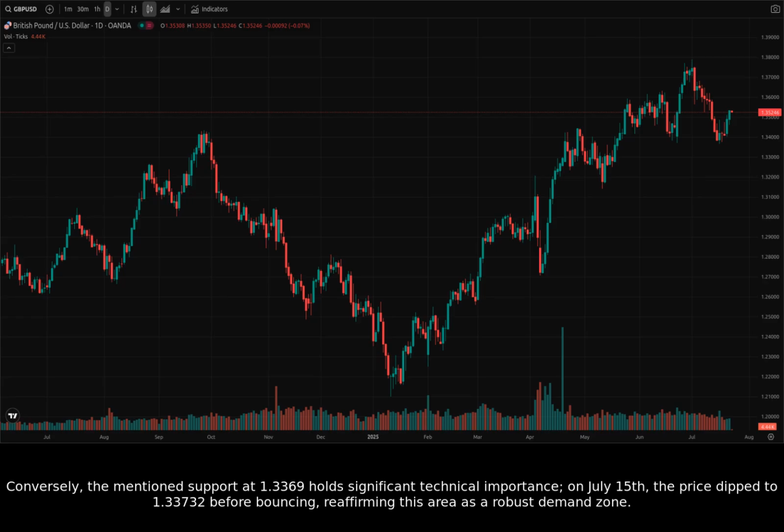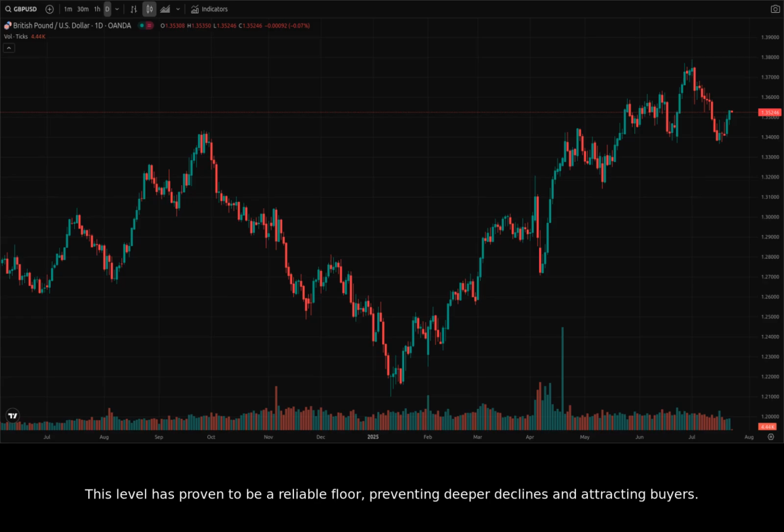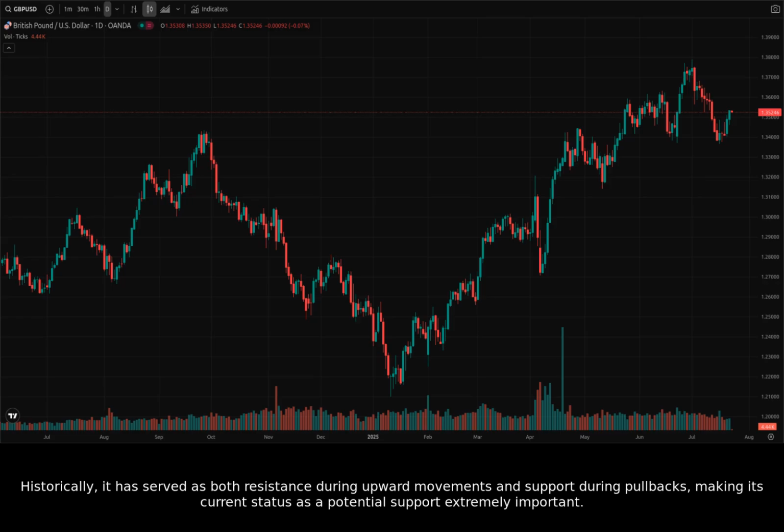On July 15th, the price dipped to 1.33732 before bouncing, reaffirming this area as a robust demand zone. This level has proven to be a reliable floor, preventing deeper declines and attracting buyers. The 1.3500 level, recently trespassed, according to news, is a pivotal psychological and technical barrier. Historically, it has served as both resistance during upward movements and support during pullbacks, making its current status as a